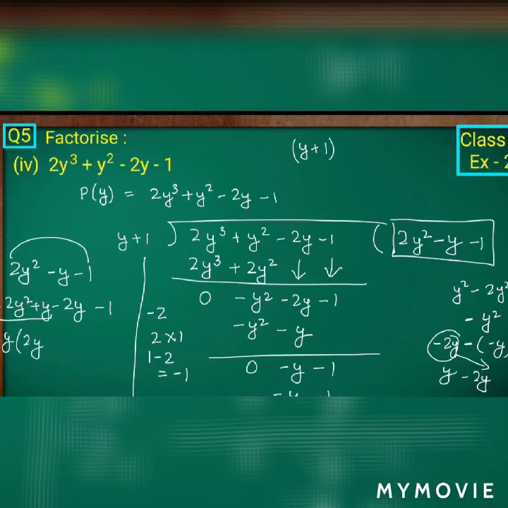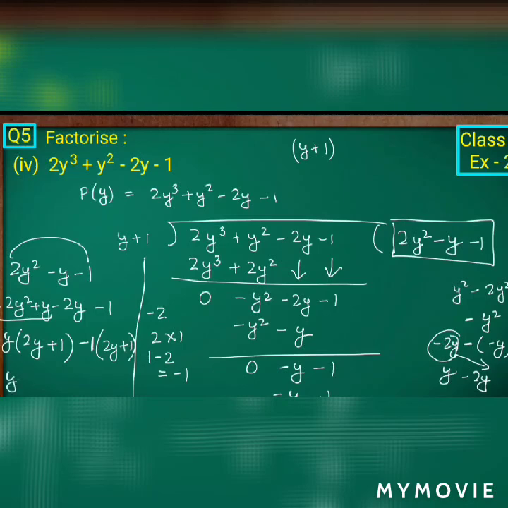Y into 1 is y, plus 1. So what is the next term I can take common? Minus 1. If I take minus 1, we will get the 2y plus 1 factor, isn't it? So I am taking minus 1 common here. What else will remain inside the bracket? That is 2y plus 1. Since we got the same factor here,